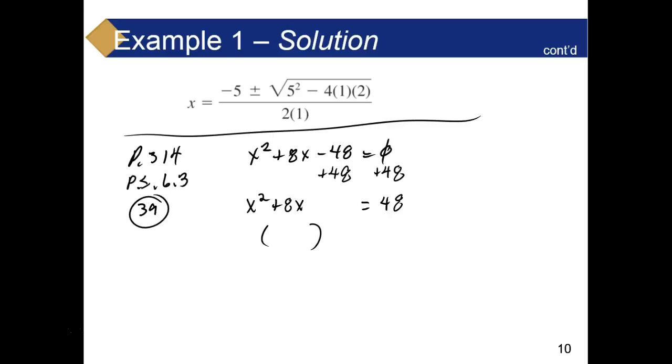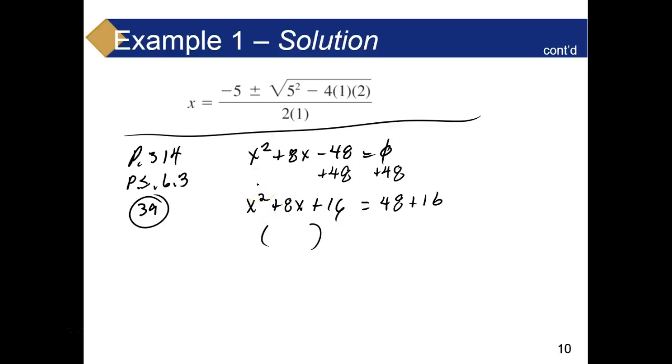Take half of it. That gives you 4. And then what do you do with that 4? Square it. So 4 squared is 16. So we're going to add 16 here. Okay? Now, if you add 16 there, you've got to add 16 here as well. Okay? Now,